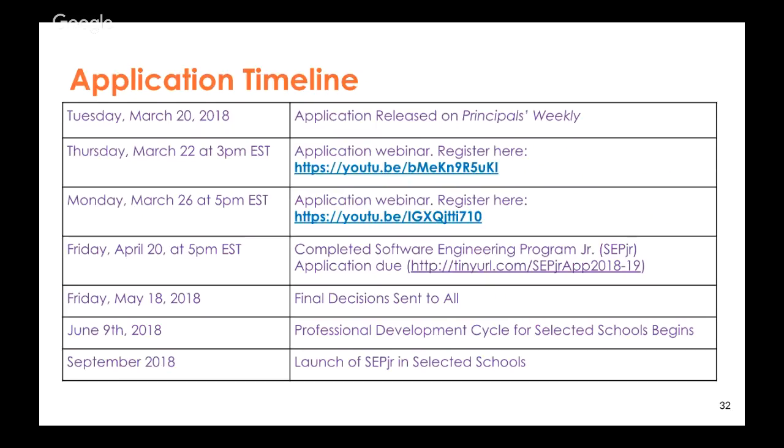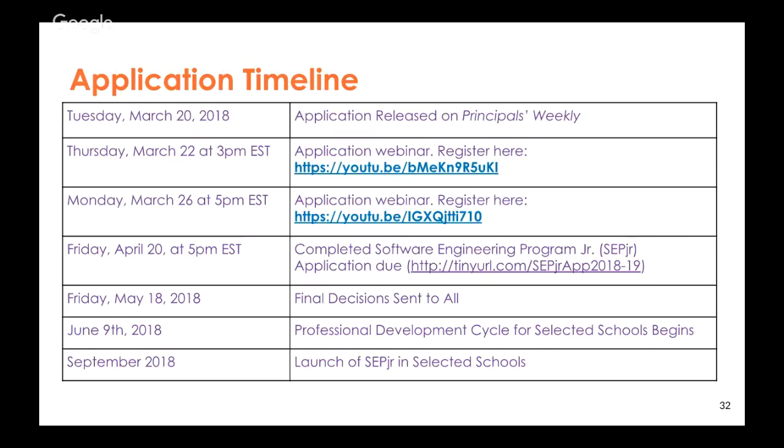Again, teacher teams that are in the application, if the team looks one way and then by June 9th you had to make some adjustments, that's okay. Up until June 9th, but the team that shows up June 9th needs to be the team that's going to be there through the entire first year of professional development. So come August 6th to 10th, we're not looking to reshuffle any schools or switch up teacher teams.